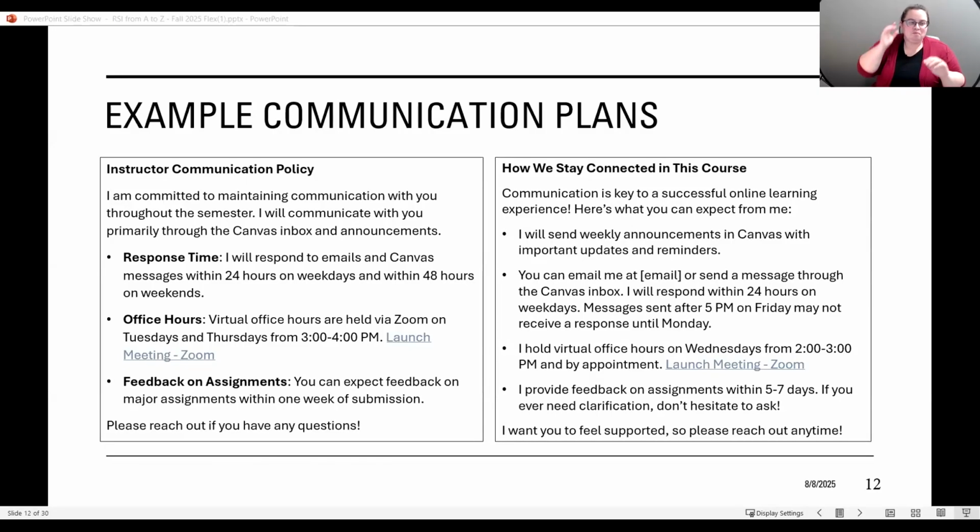So the question is about if you do a Zoom session. I'm going to assume that you mean a weekly Zoom session, maybe a study session, a question and answer session. Could be like a virtual office hour, or it could be where you are doing a little mini lecture for students. And the question is, does that need to be recorded? And the answer is no, it does not necessarily need to be recorded.